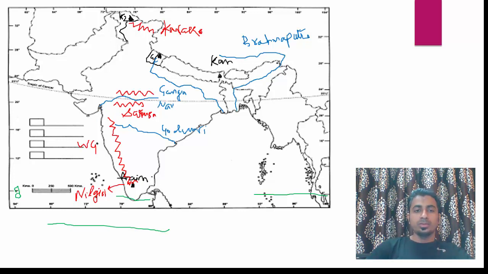See, I'm telling you the rising point of all the rivers which we are doing. So you have to remember, I am giving you extra information. Gangotri, Mansarovar Lake, Amarkantak Plateau, and Nasik. All these four rivers rise from the four places I have told you. It will be very beneficial for you.